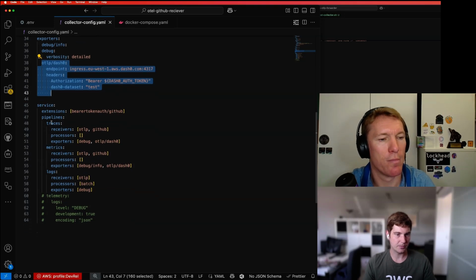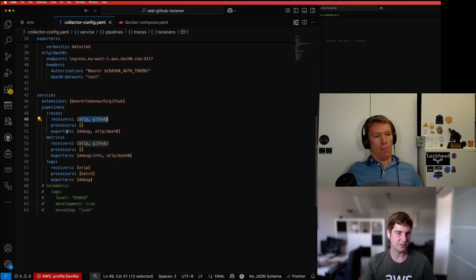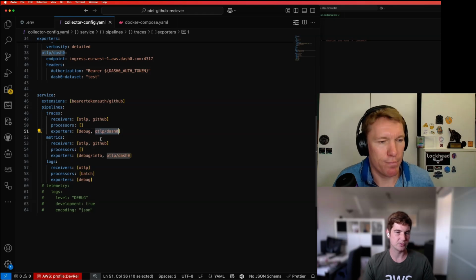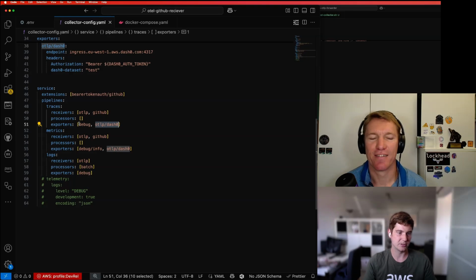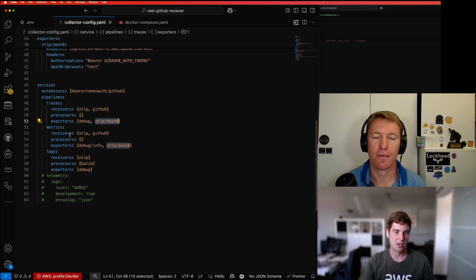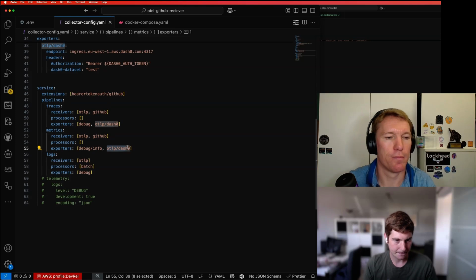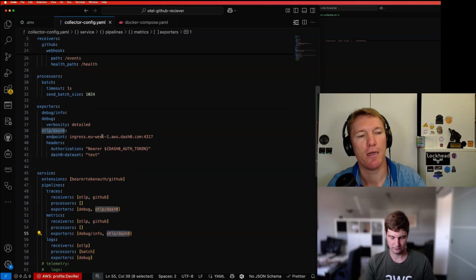And then we are defining our pipelines. So we say for our traces, we can receive OpenTelemetry traces and GitHub traces. Then we don't have a processor defined and want to export it to the debug, so console out, and the OpenTelemetry endpoint. So this is the charm of having the OpenTelemetry collector. You can define pipelines where you can route your traffic to different endpoints and transform it on the way. We do the same one for metrics. So again, the GitHub receiver is offering us metrics as a receiving part, and we are exporting it to our backend. Cool, thank you. That means that with that we have all of the configuration described, and this is now